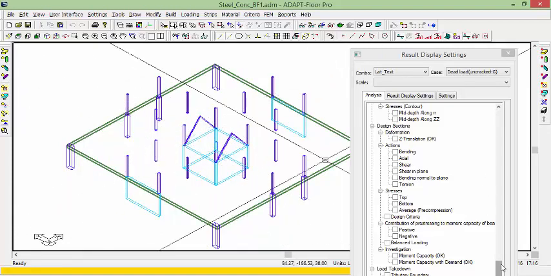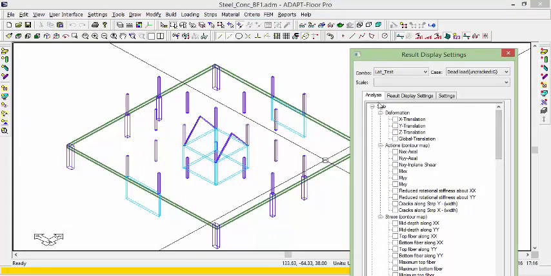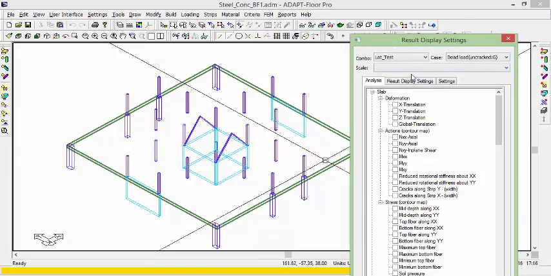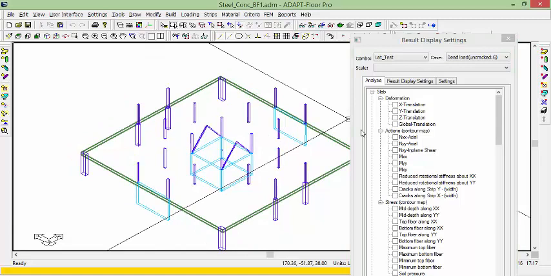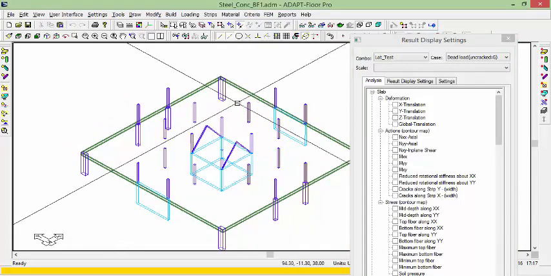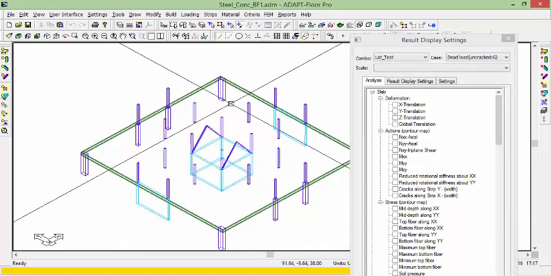And again, we can use the options for the analysis results from the result display settings to view results relative to that analysis. Additionally, the user can set up design strips and support lines, which are covered in another video located on our YouTube channel, and those videos show how to set those up and how to design sections related to global or